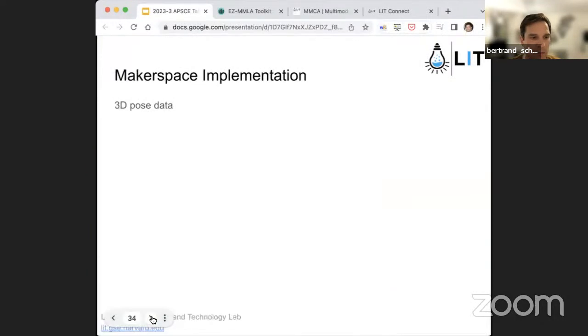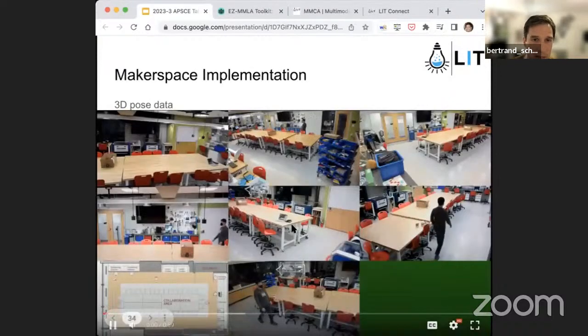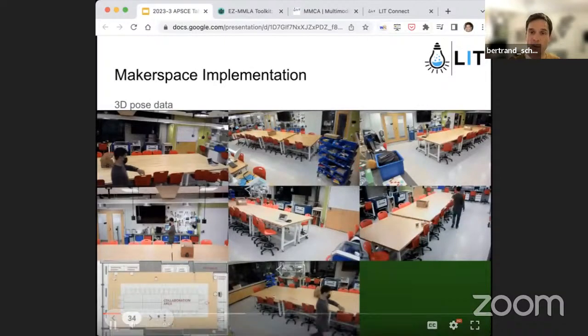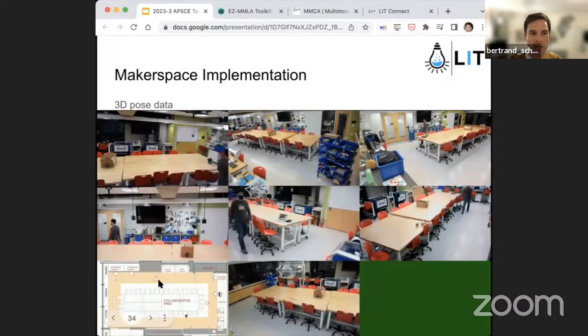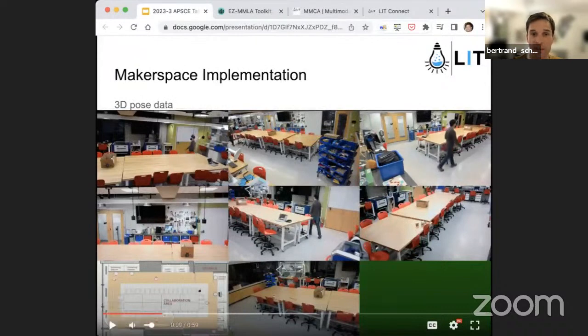So this is an example of the resulting data from those 8 different cameras. There are only 7 of them here, one is missing. But then we combine all of those 2D pose data into 3D poses. So we can actually tell where that person is in the space. And we can also tell what their body posture is because we have the 3D coordinate of all of those